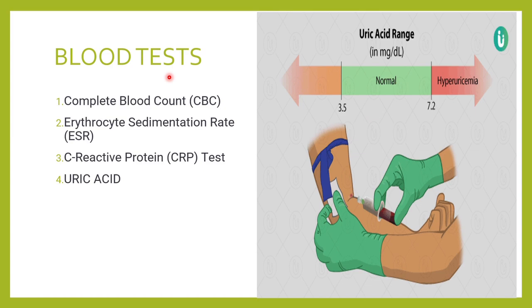The other inflammatory markers like ESR and CRP will be raised, because these are again surrogate markers for inflammation. So uric acid, I've told you, will usually be high, but just because the uric acid level is high doesn't mean that each person will get an attack of gout. Patients with gout might even have a normal uric acid level also. So we need to correlate with a lot of other features and then come to a diagnosis of gout.